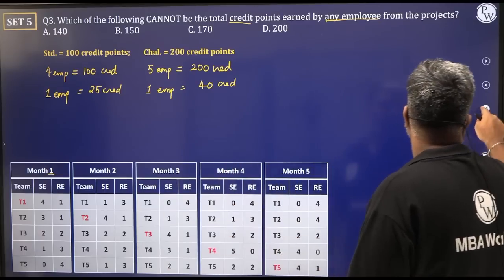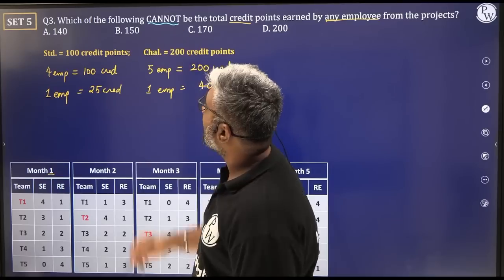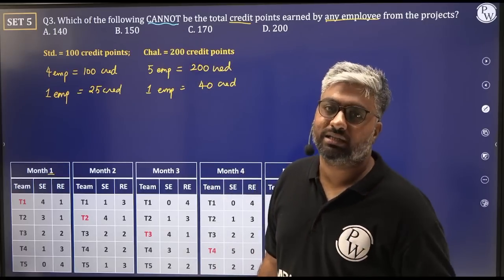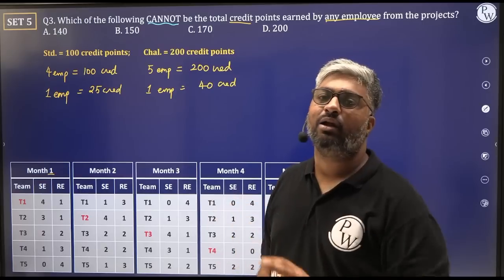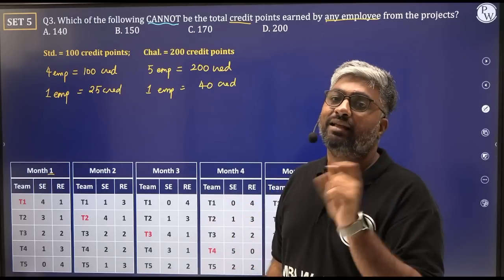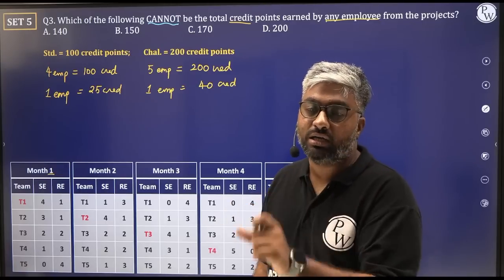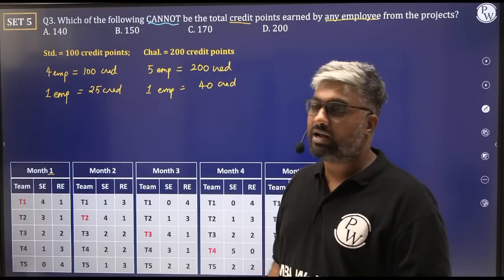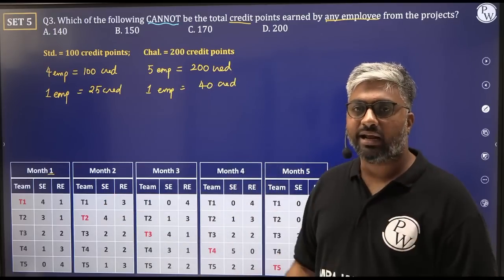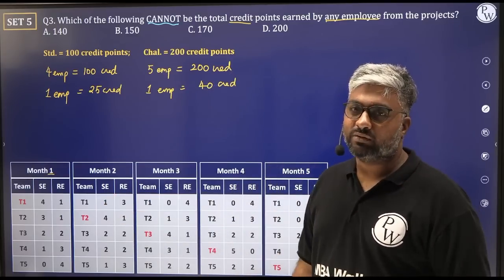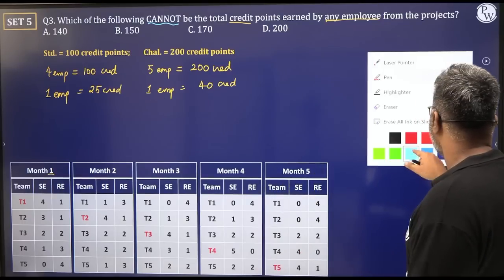So, if you read the question carefully, they've used the word cannot and not is not. Cannot. That means they're looking at only a possibility that cannot happen. Right? Can, cannot. Is not. If they had used the word is not, then we wanted the specific value. We have to sit and bang our head and see if we can do some trial and error and get it. But here we don't have to. Yes, cannot means what? A possibility. So, the best way to do it would be.